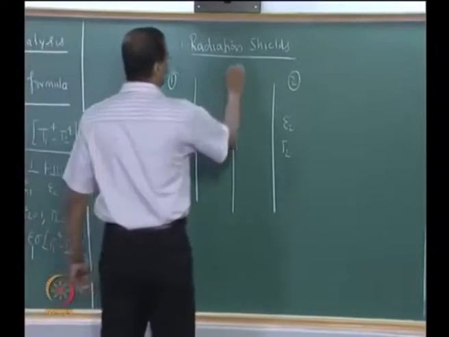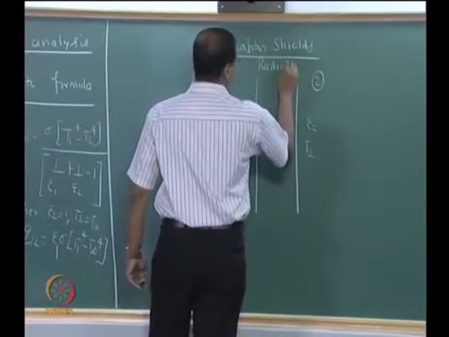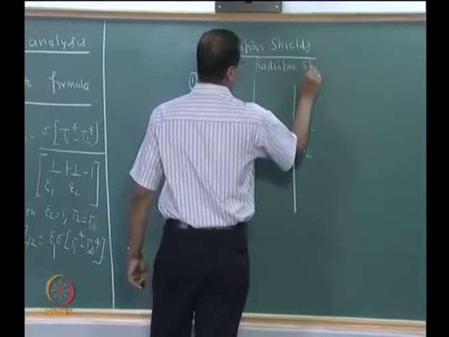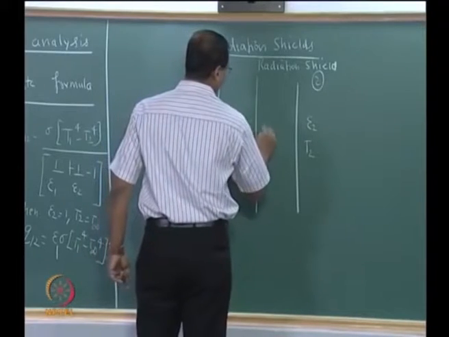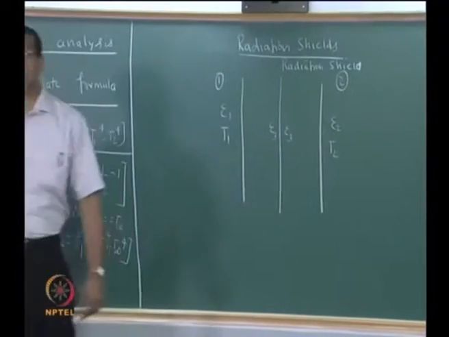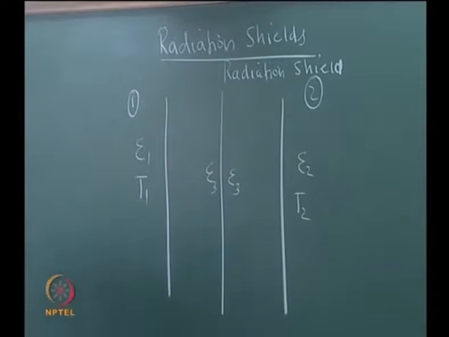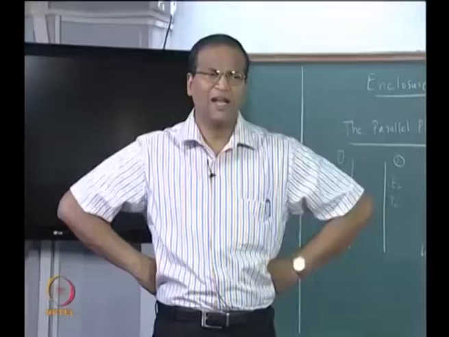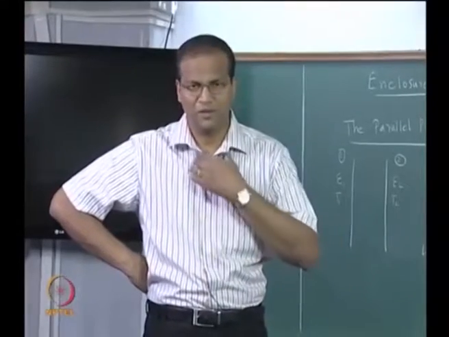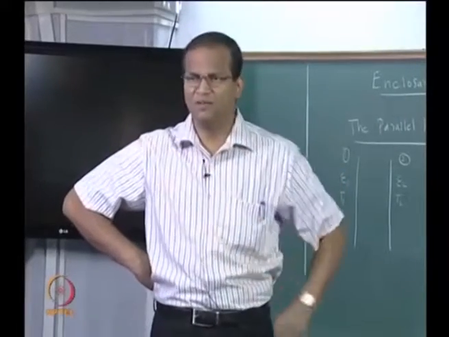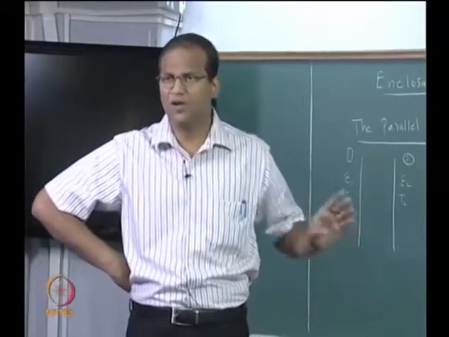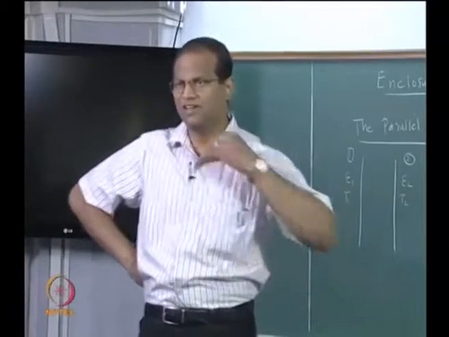Now insert a radiation shield. Let the radiation shield have a known emissivity of epsilon 3 on both the sides. I have to be very specific in saying that both sides have the same emissivity, because emissivity is just a surface property. I can have different coatings on two sides, I can have different emissivity, but the whole shield may be at one temperature, but the two sides may be at different emissivity. We are still talking about an opaque sheet, we are not talking about a transparent sheet or something.